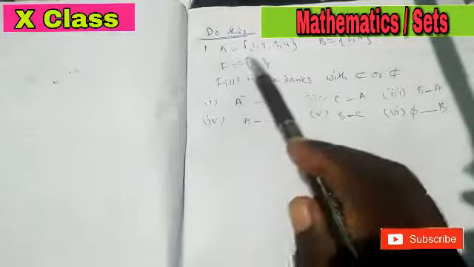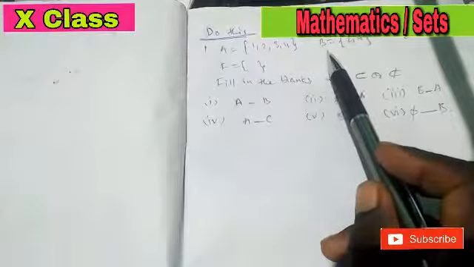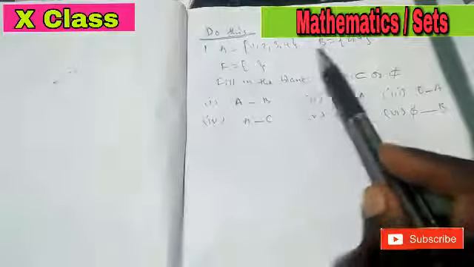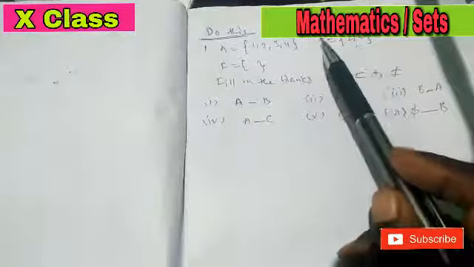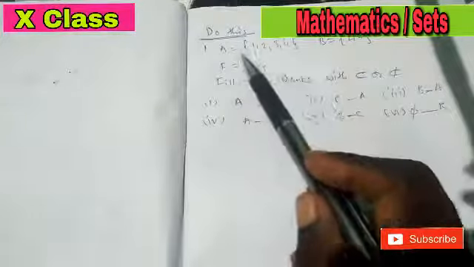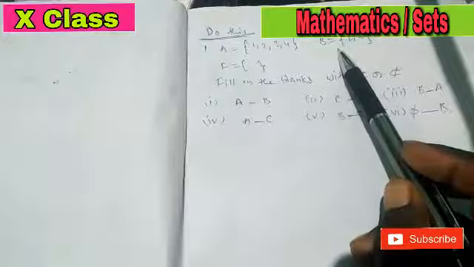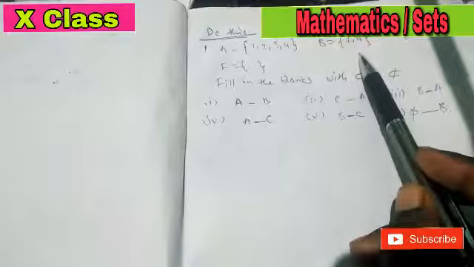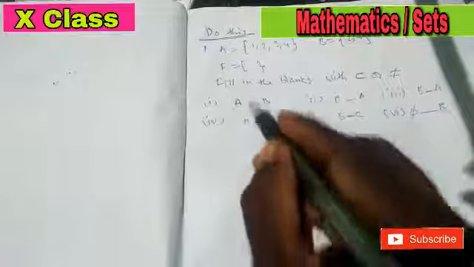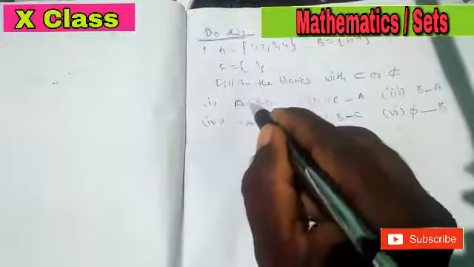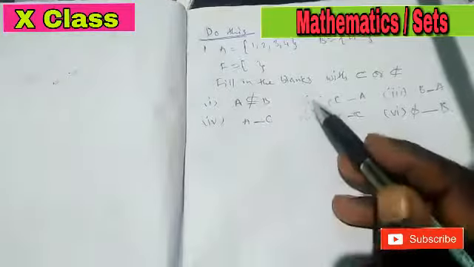So what is A dash B? Is A a subset of B or not, we have to find it. A has 4 elements, B has 2 elements. So which is it, not a subset? Why? Because what is the definition of subset? All elements of A should be present in set B, but here 3 and 4 are not present in B, so A is not a subset of B. So I am going to write the not subset symbol. Understood?